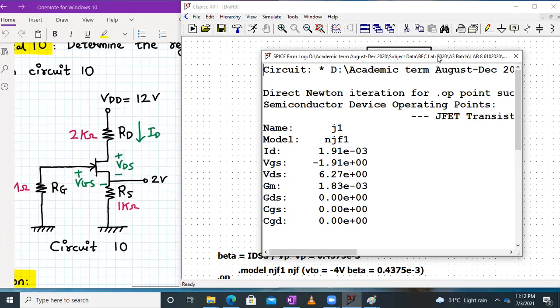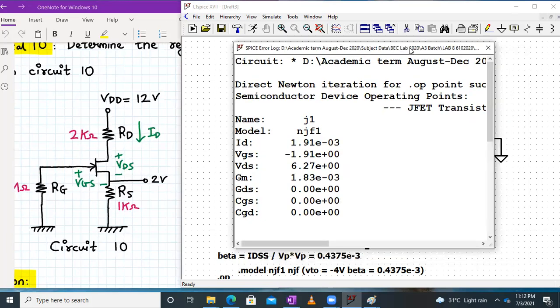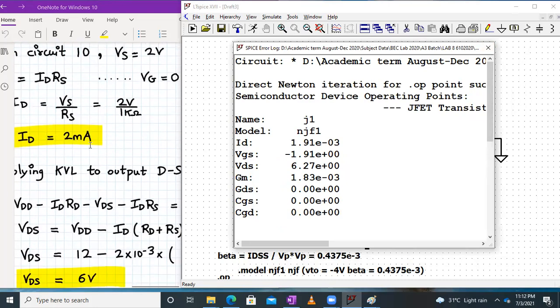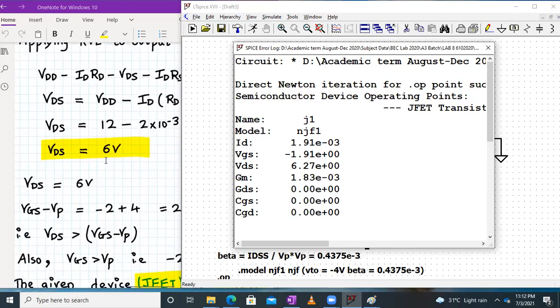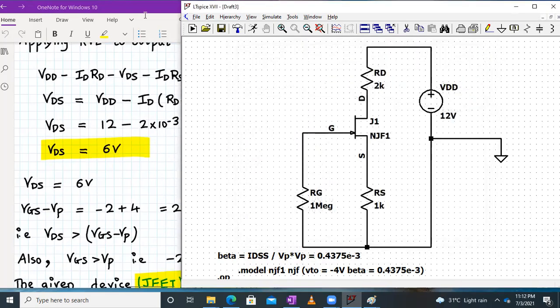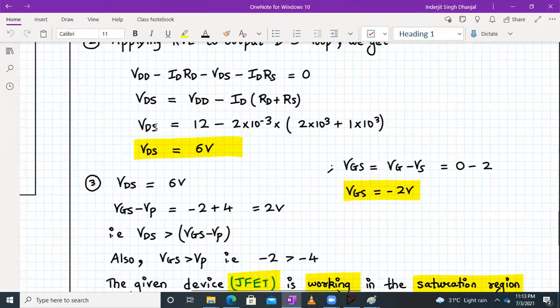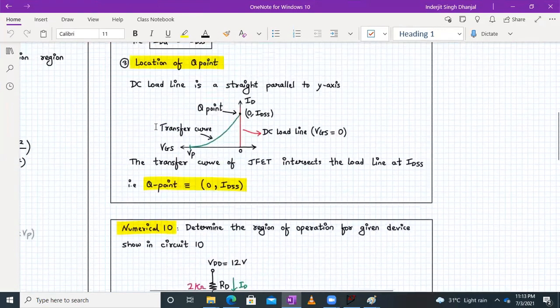Okay, let's cross check once if we have given all the values correctly. Yes, all the values are correct. The only thing is that here the assumption is VS is 2 volt, which may or may not be true. So we are getting close enough results. ID is 2 milliamperes and here we are getting 1.91. Similarly, VDS is 6, we are getting 6.27. So slight deviation is there, but more or less, they are quite close. They are not so much different.